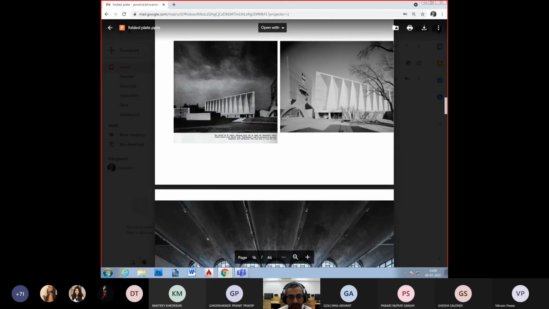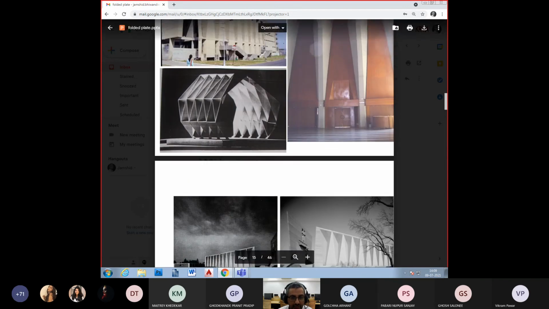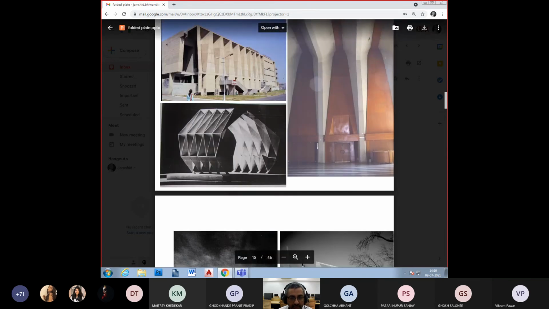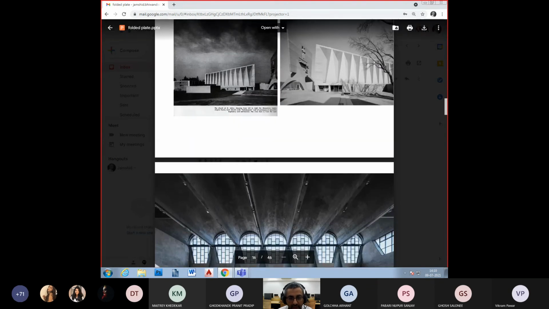Church complex, again on similar lines. You can look at how the idea of a rigid box can be undulated in its surfaces, just like that you saw here, very modernist in its idea, rectangular, and yet the idea of the folded plates works best with the idea of the rectangular very clearly.